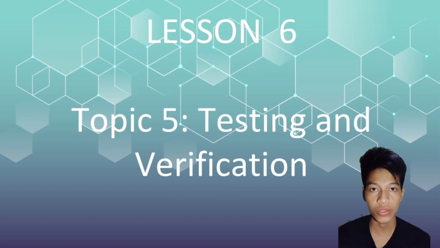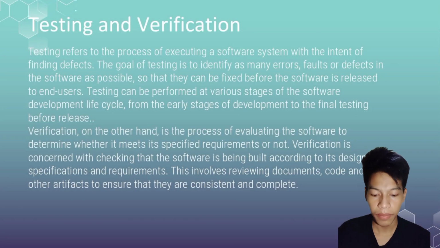This is the continuation of Lesson 6, Topic 5, Testing and Verification. Testing refers to the process of executing a software system with the intent of finding defects. The goal of testing is to identify as many errors, faults, and defects in the software as possible,